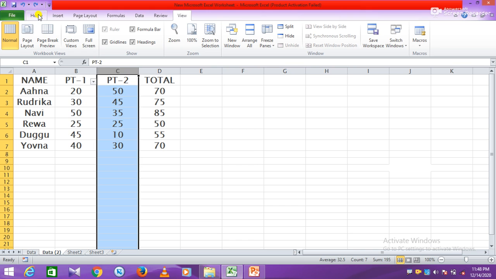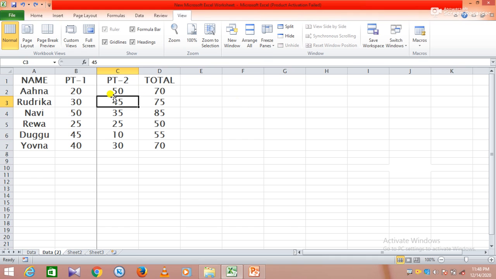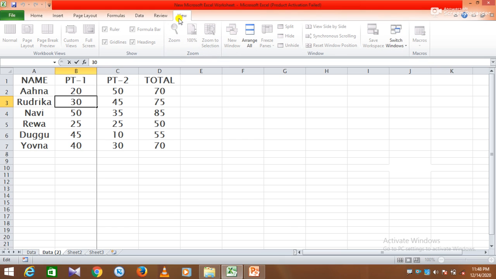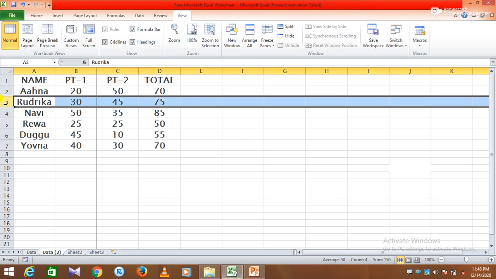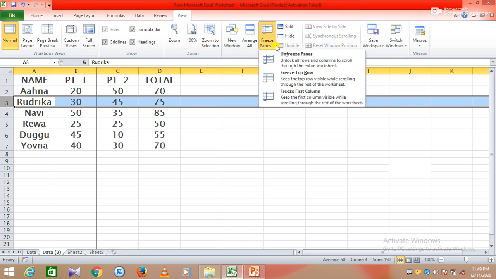Click on the View tab, Freeze Panes, to lock more than one column or to lock both row and column at the same time.